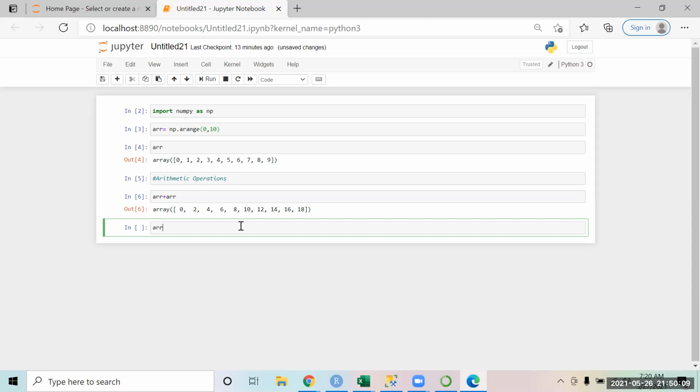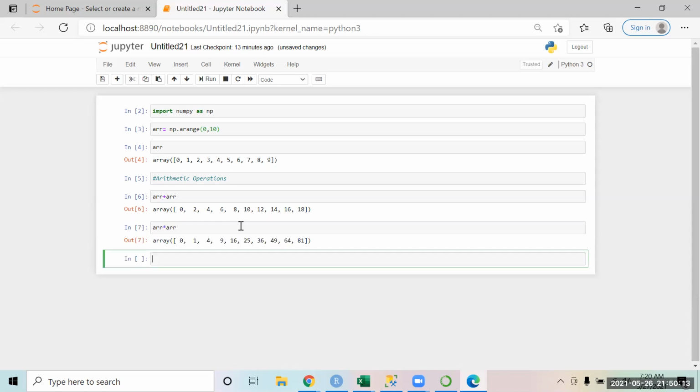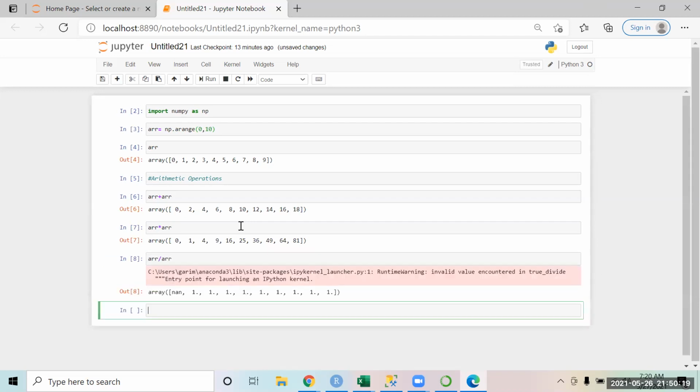If you say array multiplied by array, you can do that multiplication. If you want to say array divided by array, you can do that too. So you can do such kind of calculations over here. If you see, I have divided array by array, and I got a small warning over here.